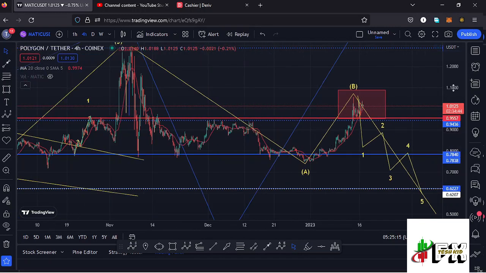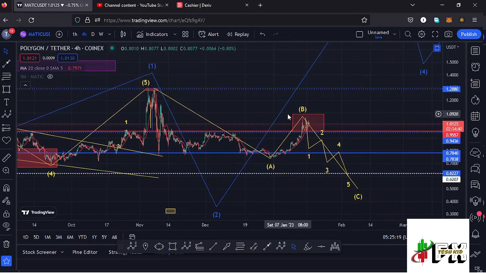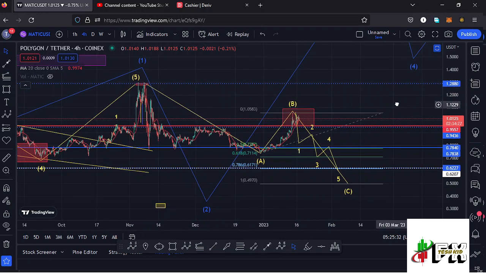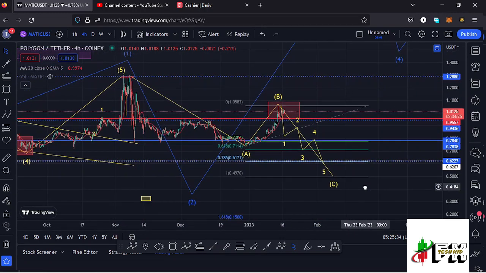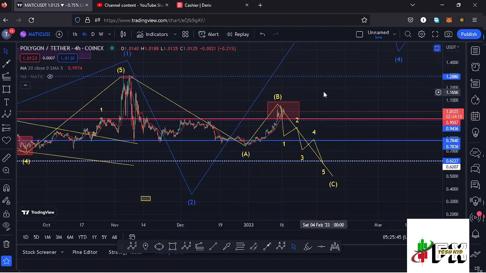And if I sketch out a minimum target area to the lower side in the formation of that wave C using a trend-based Fibonacci, connecting it from the high of that wave A to the low of that wave A, then dragging the fibs that you have made at around the $1.06 mark, that gives me a minimum target area to the lower side in the formation of that wave C using the fib ratios 1:1 back to around the $0.497 mark. And that is the first possible movement that we can expect here on the Polygon Matic chart,